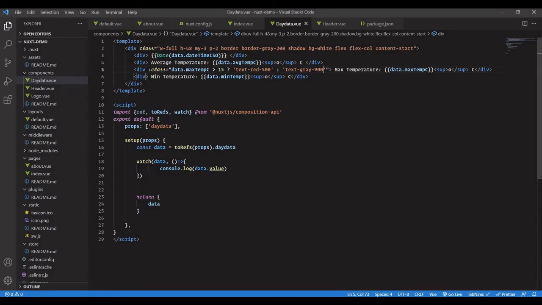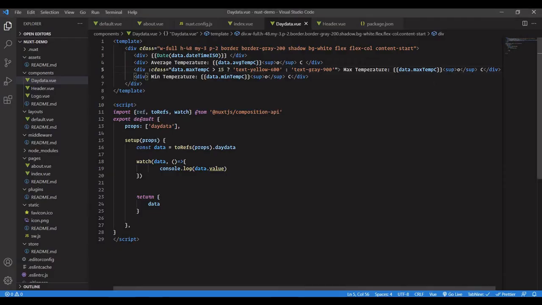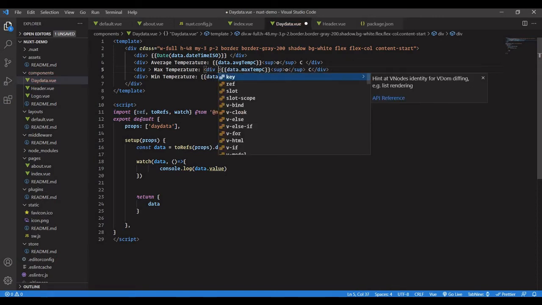So maybe we can go yellow, or I'm not sure if there is orange. There must be orange actually. No, there is no orange. Okay, let's do yellow, and let's do it like 600. Yeah, so this is okay. And let's only have it on the degree Celsius so that we can do it as well. So all we need to do is remove the class thing from here, and we can just put it right here. So this would be a div with this property,